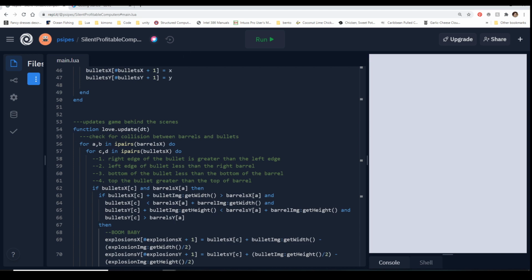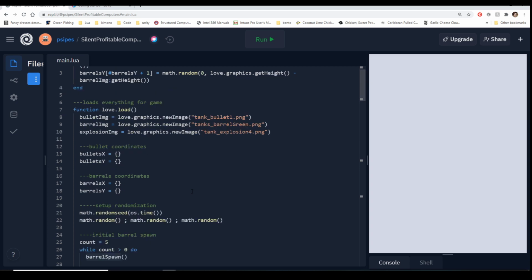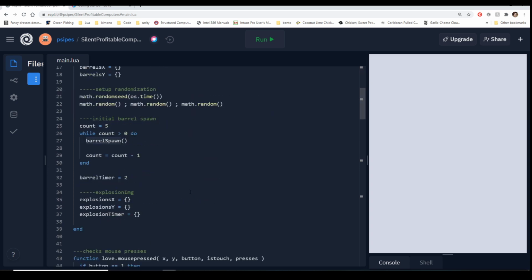So the next thing to think about doing, for me, would be to get the barrels moving. At this point you could just have it where it's shooting things. But when I originally envisioned what this was going to be, I was going to have a little tank shooting the barrels, and the barrels moving across the screen. So we're just going to go with that. Yeah, the barrels look super menacing walking across the screen. But you could switch it out with other things, or you could actually add that tank in and make it better.